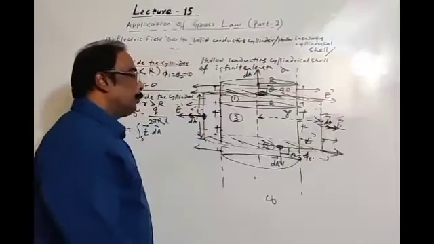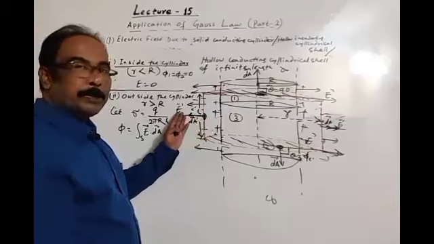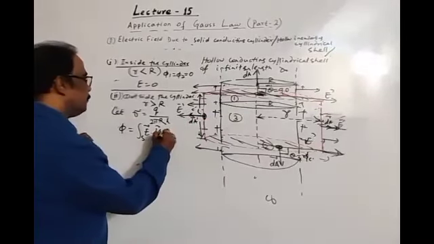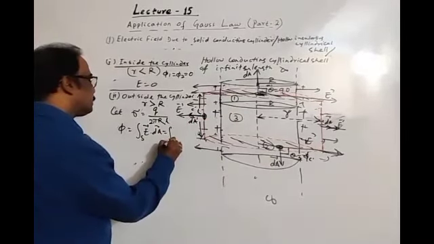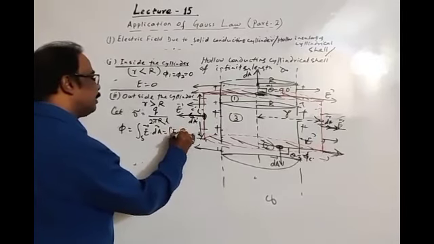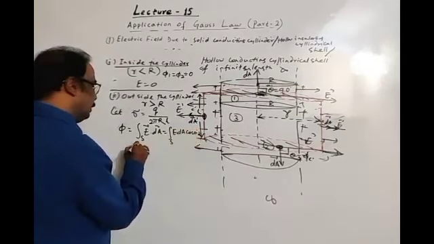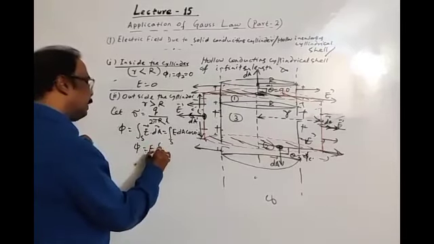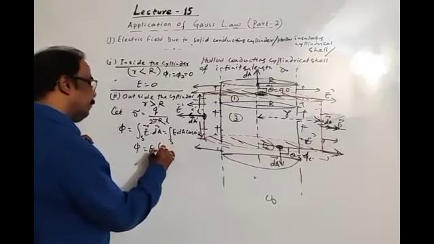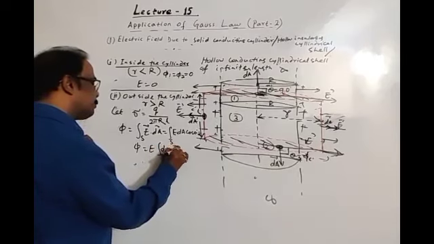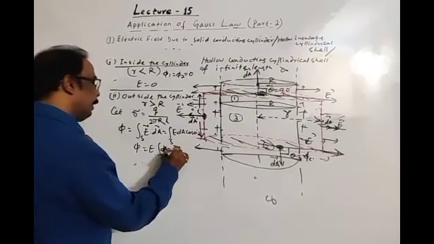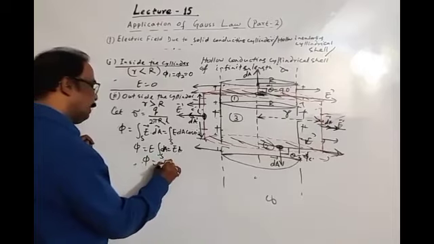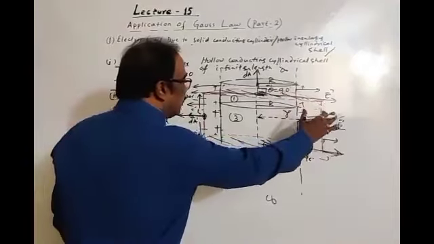Okay, so electric field and area vector are in the same direction, so the angle is 0 degrees. So the surface integral of E dA cos 0 degrees. So flux is E, bring it outside, the surface integral of dA, and that's equal to E into A. And flux is equal to electric field into the area of this curved surface.